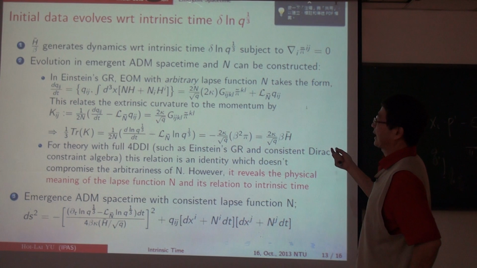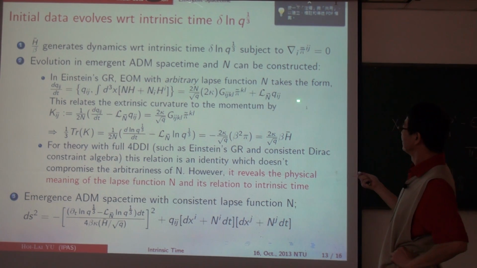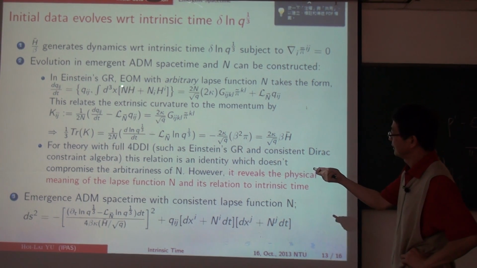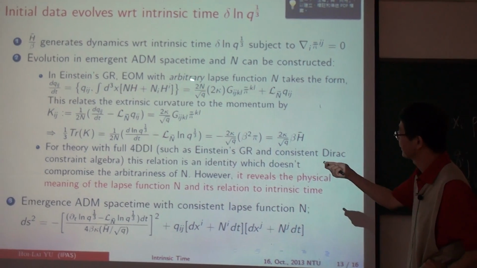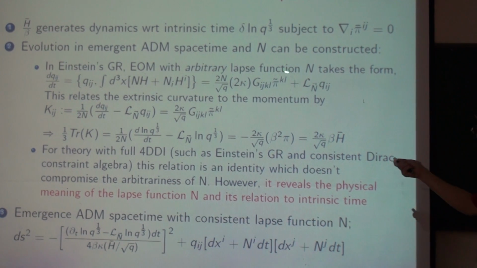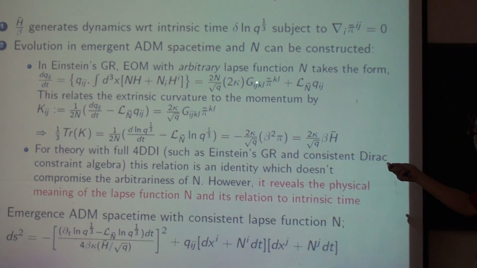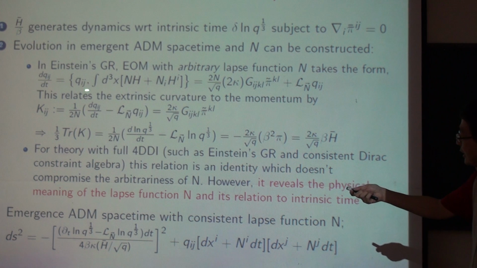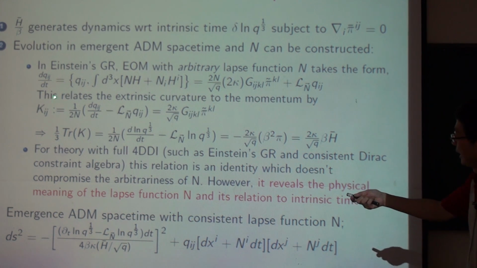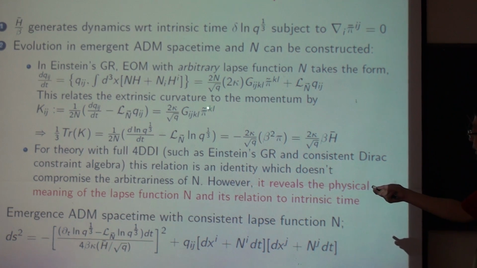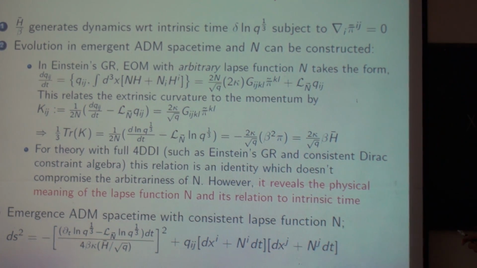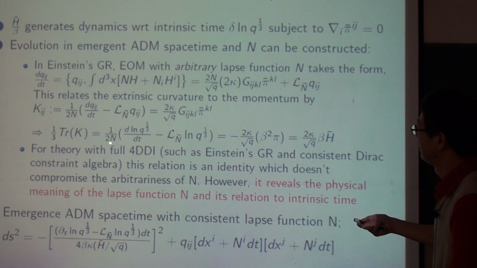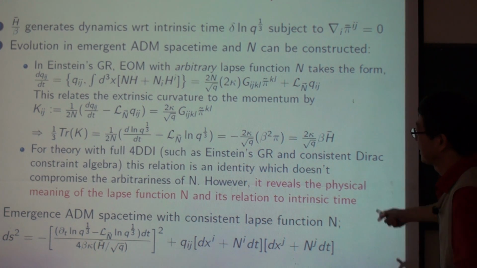Now, this is a little bit technical, but you look at Einstein's equation from the Lagrangian point of view, and then this is called the Einstein equation, and the evolution in coordinate time. In the Einstein equation, the evolution in coordinate time is just dq/dt equal to this object, and this canonical momentum here is related to the so-called second fundamental form, the extrinsic curvature, like this. So if I take the trace on both sides, I get this equation. That means if I identify my n here, the lapse function, equal to this block, then I reproduce